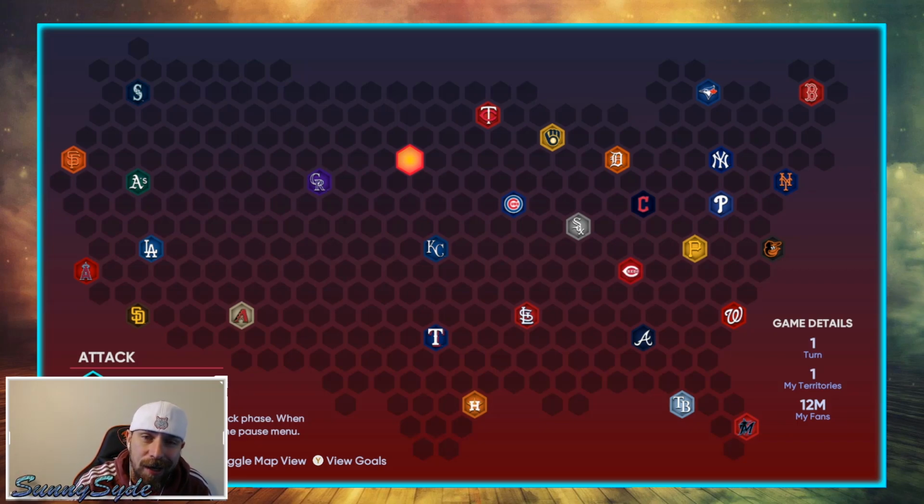We are on the large Conquest map for MLB The Show 22. I know there are some players that struggle in completing this. What is the best route to take? I'm going to give you some tips. I'm going to give you some tricks, but most importantly, I'm going to show you every single move through this